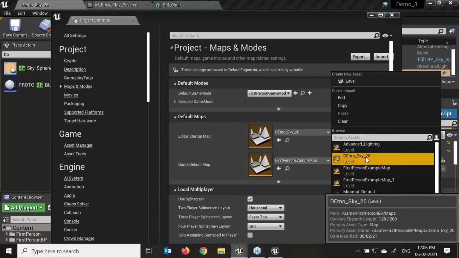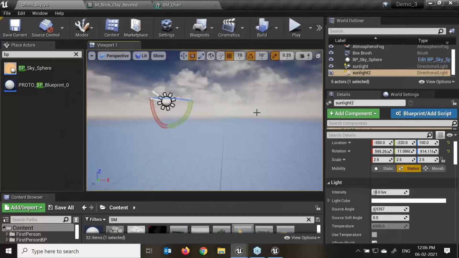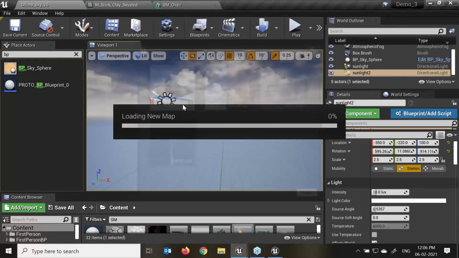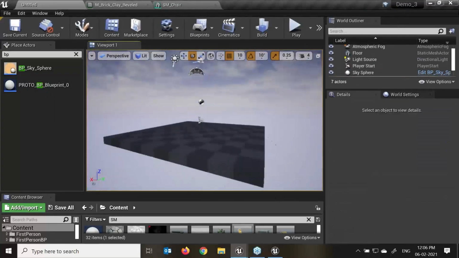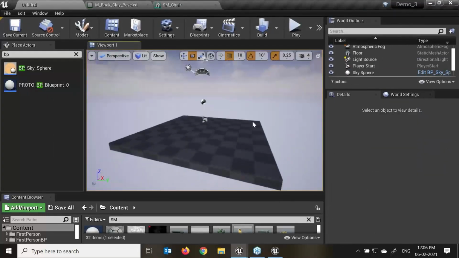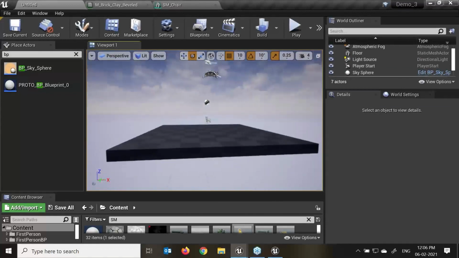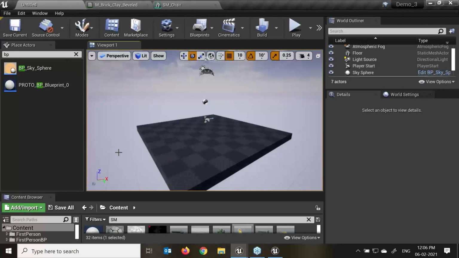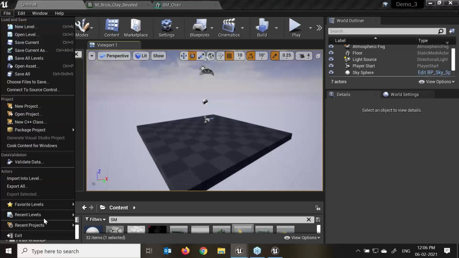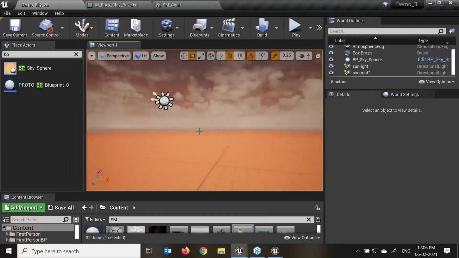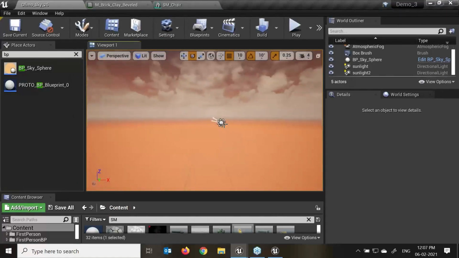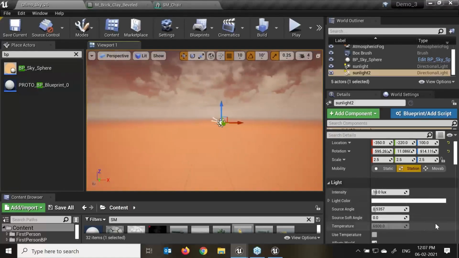So whenever I open a new level, for an example, new level, select this. So that is the light which I've created. It will apply over here. Correct. Again, go to File, recent level, demo sky 26. Select this object. Just 1 second, make a refresh of that.